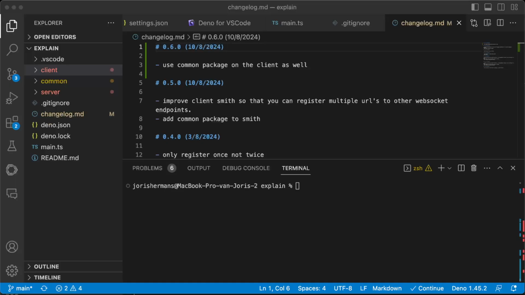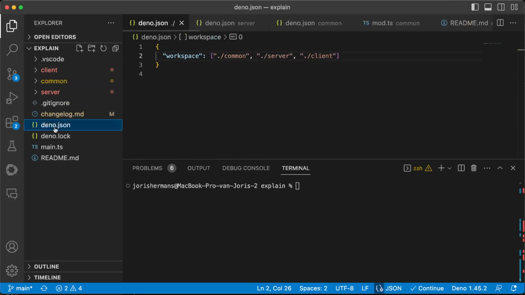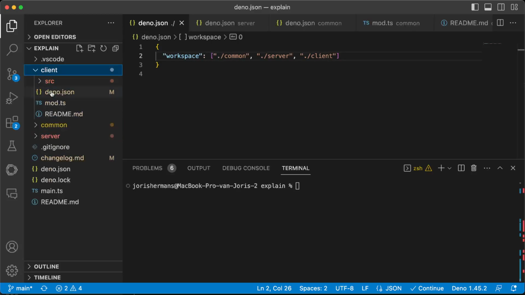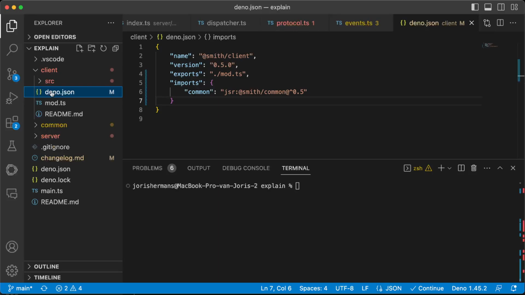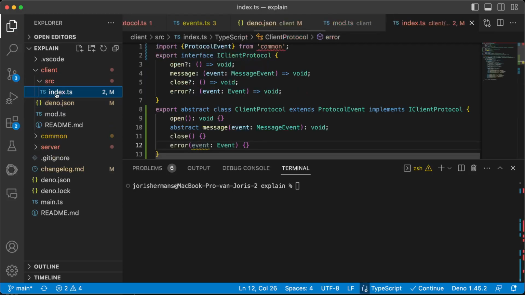So first of all, I have here a library, my Smith library, right? And here you see that I have a workspace: common, server, client. If I go to the client, for example, you see here that it has a name @smith/client. We have here version 5. I need to update it to 6. I added actually in this version